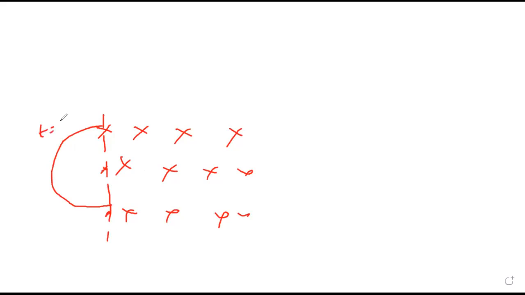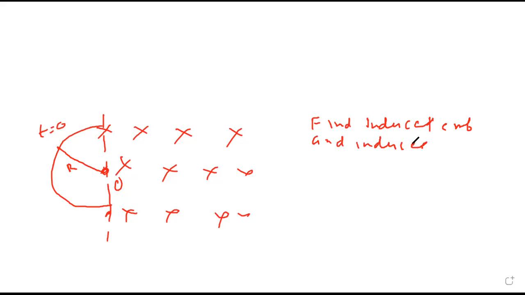At t equals to 0, this is the position of coil. Question is find induced, this is suppose center O, radius is R. Find induced EMF and induced current in coil